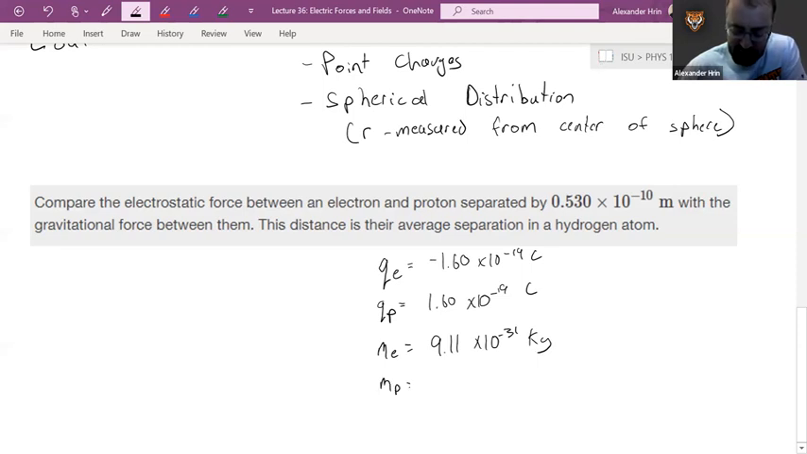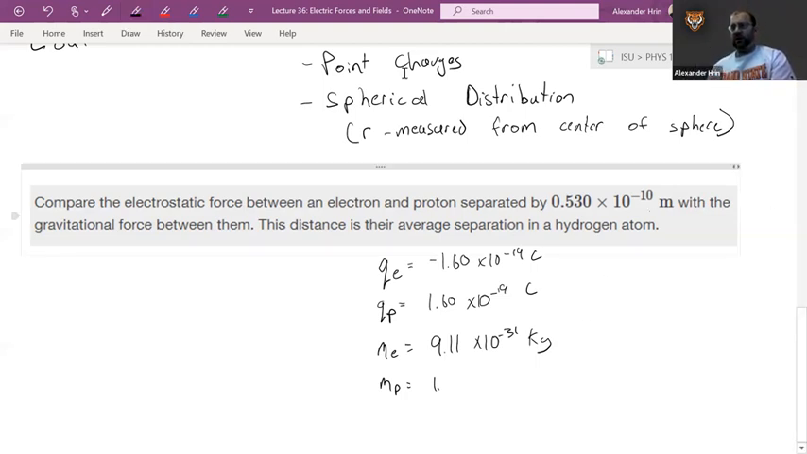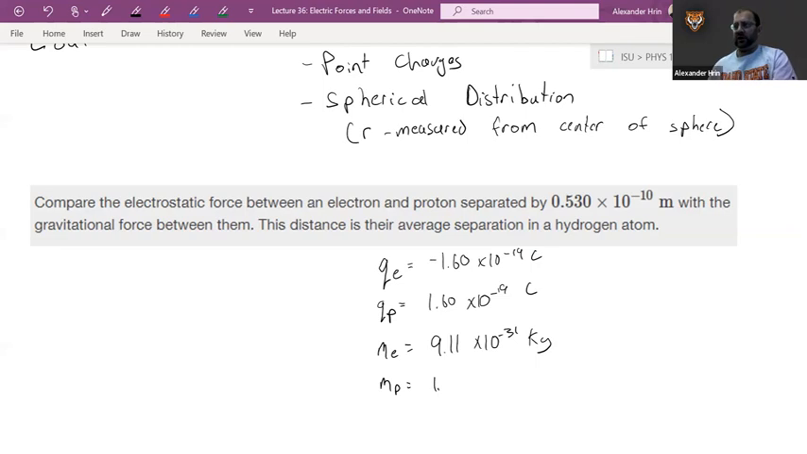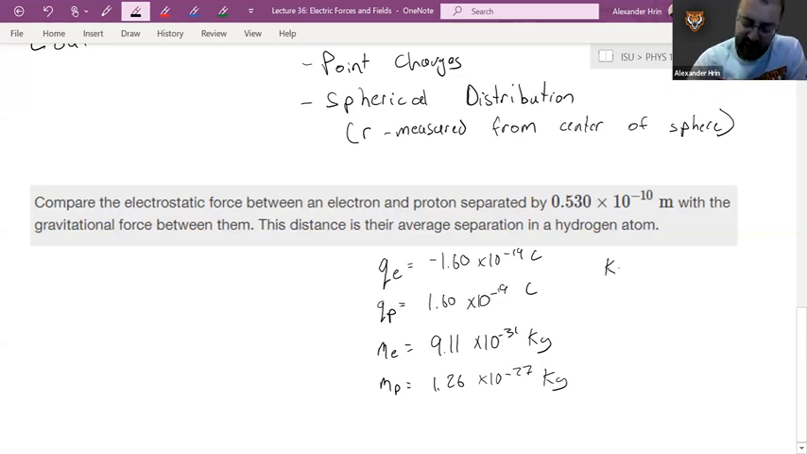And the mass of the proton is quite a bit larger. It is, I think it's 2.6. I need to remember that. I used to know all this, used to have it all memorized. Yeah, 1.26 times 10 to the negative 27 kilograms. Okay. And then I'll write down our K constant, 8.99 times 10 to the 9th, and our G constant